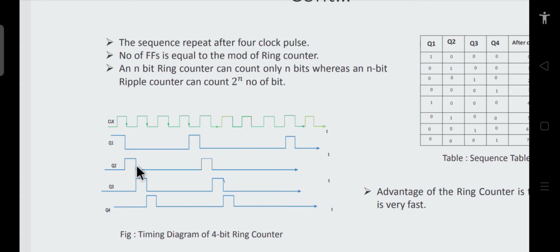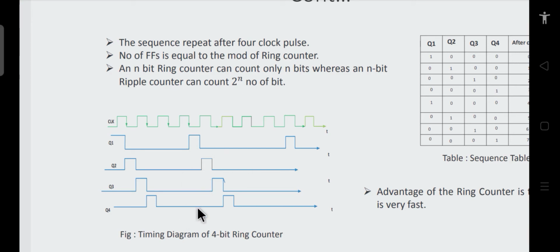When the negative edge of this flip-flop occurs, this transits. The negative edge of this flip-flop occurs, this transits. So you can see that the counter is moving in only 4 states. So this is 0 0 0 1, then it is 0 0 1 0, then it is 0 1 0 0, and it is 1 0 0 0. Okay, so these are the states, and again it comes to the 0 0 0 state, and then it moves